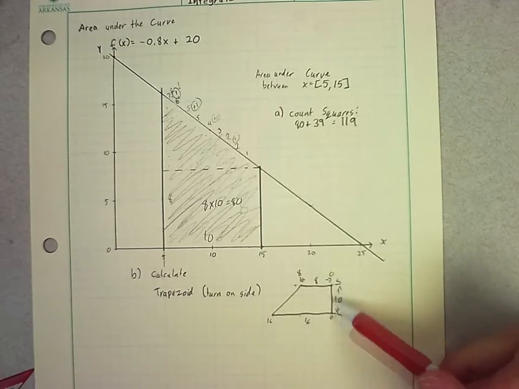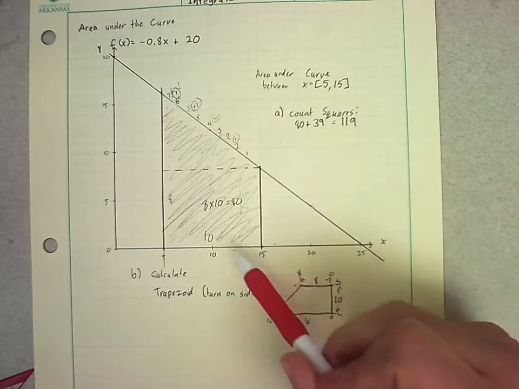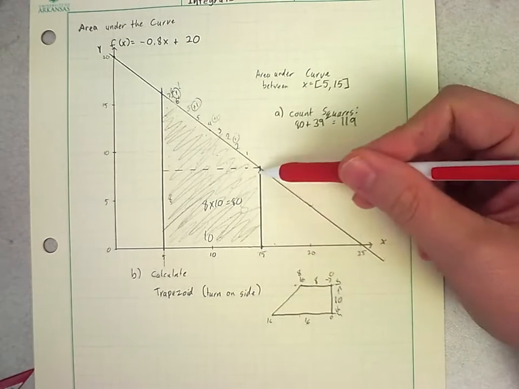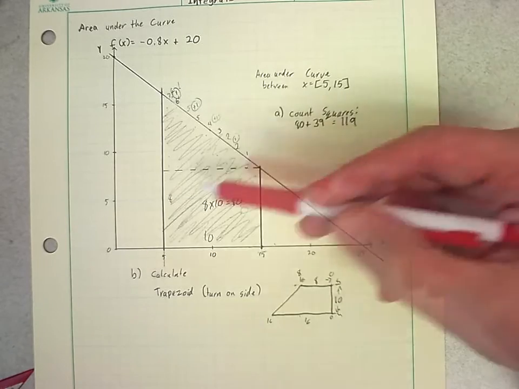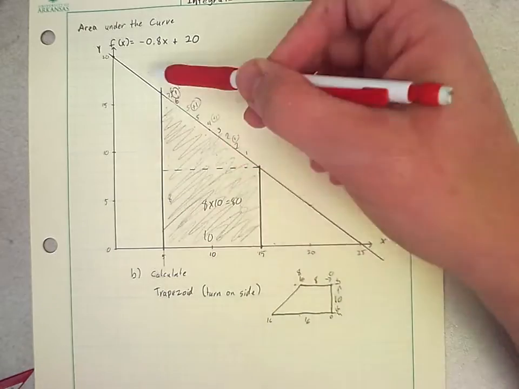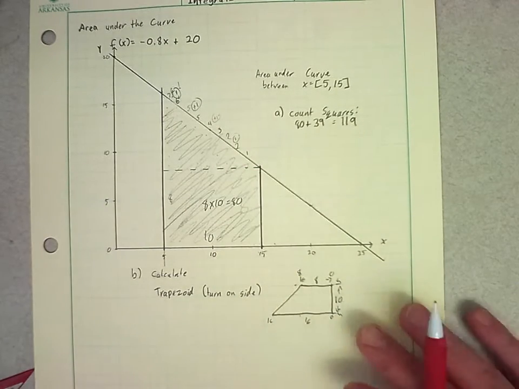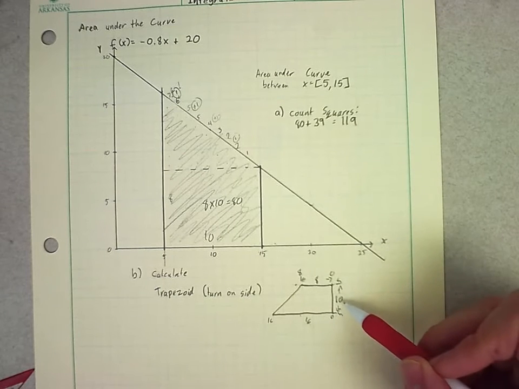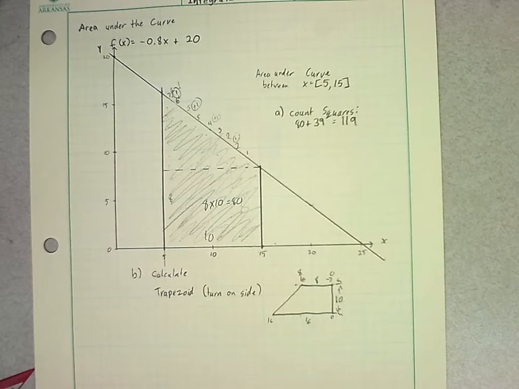Yeah, we know that this distance here is 10. We know that this shorter length is 8, because at 15 it goes to 8. And down here, this longer length at 5, it goes to 16. So that's 0 to 16. So we know this is a 16 by 10 by 8 trapezoid. We don't have to know the diagonal there, although we could find it